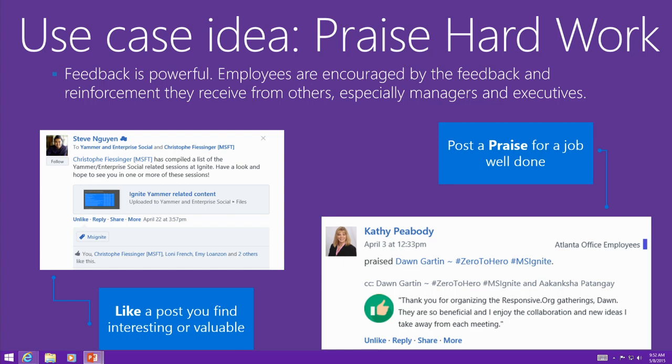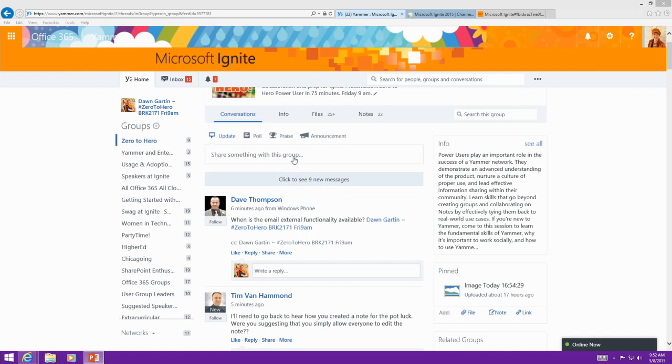We actually created a group for it, but they were open to praise being done anywhere, but to really have a place to push, we had a group for it. We did publications or announcements around it so people would then give praise to their colleagues based on the work that they were doing. So if you want to play along, I want to show you how easy it is. And it's great to do in whichever group you want to give the praise in.